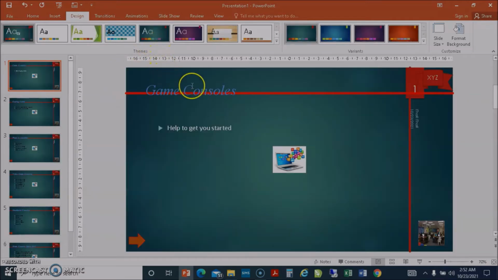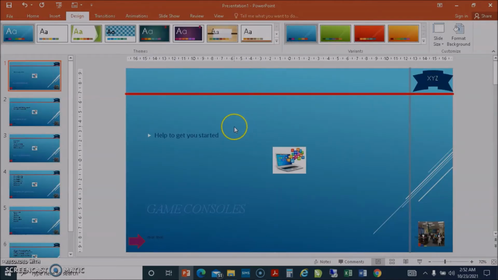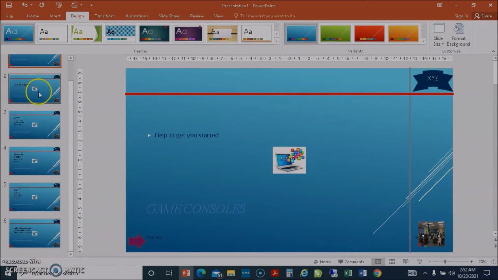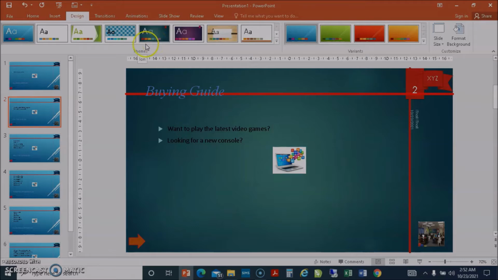How about that? Let me find another one. So I'll stick to this one. Then come here and make some other changes. Maybe I'll just need to